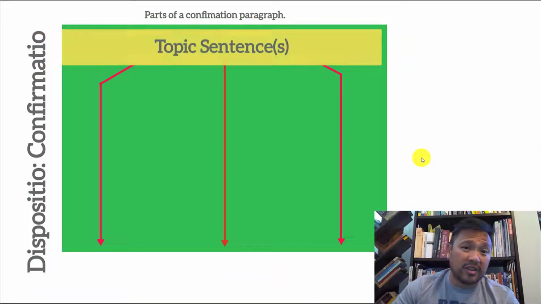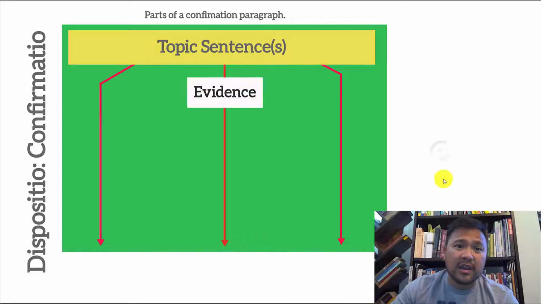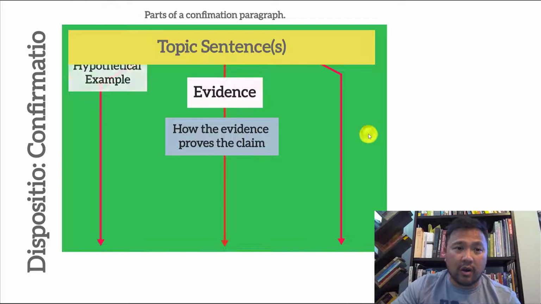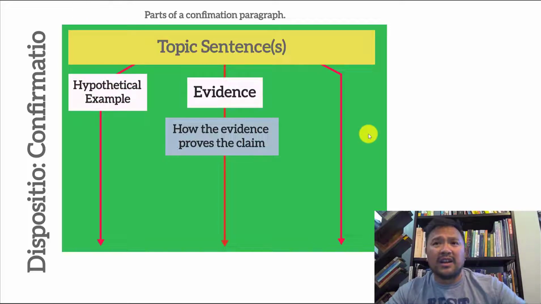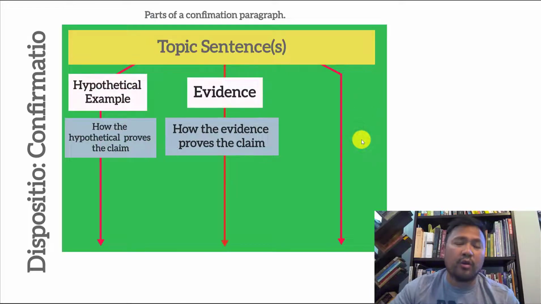Well, it always starts with a topic sentence, right? This is usually a reason for believing your thesis. Then you can provide evidence, real world evidence, right? Think of the different types of evidence that you have, and you can give evidence that supports that particular claim, and then you're going to have to explain that evidence, because evidence is not self-evident. It demands explanation. Now, if you don't have any real world evidence, you can always come up with a hypothetical example that's completely plausible, that's believable. And that too will require you to explain how it proves the claim.